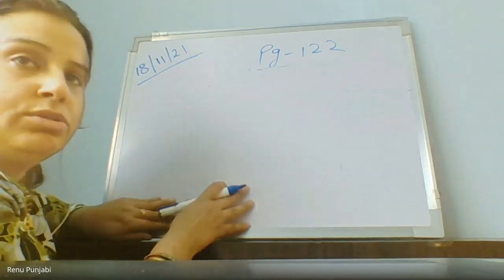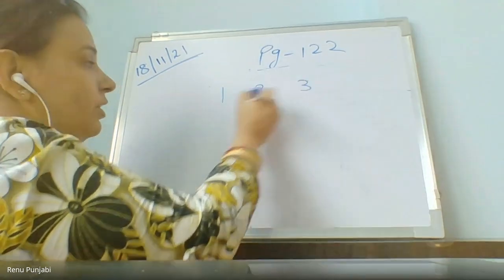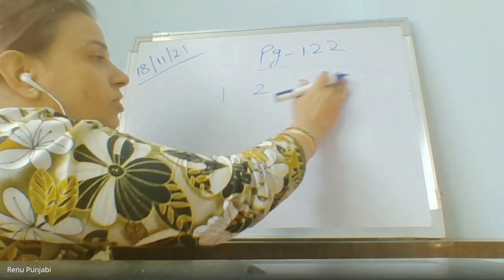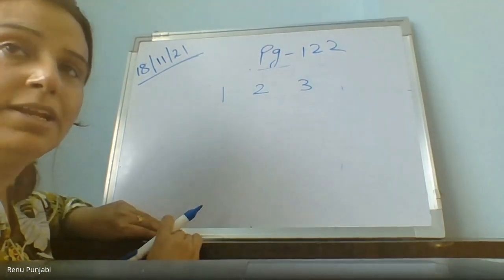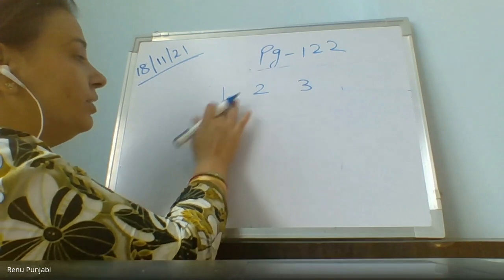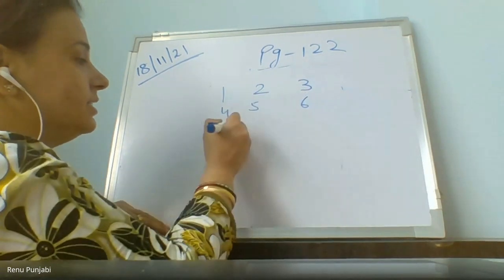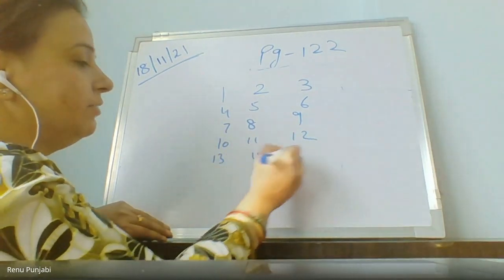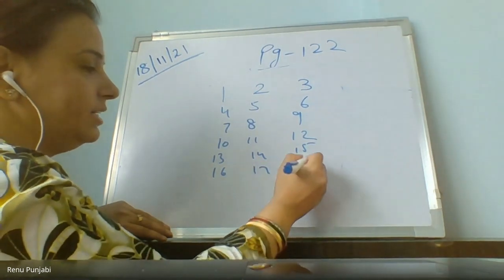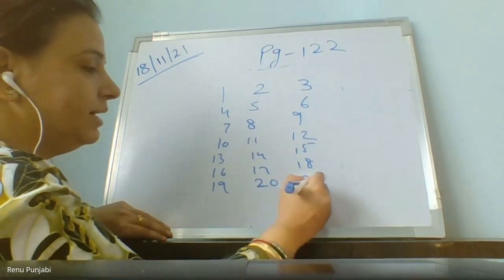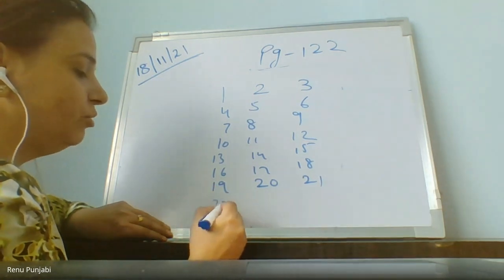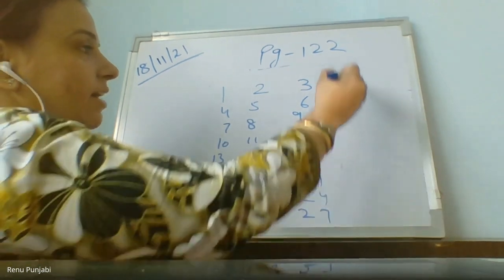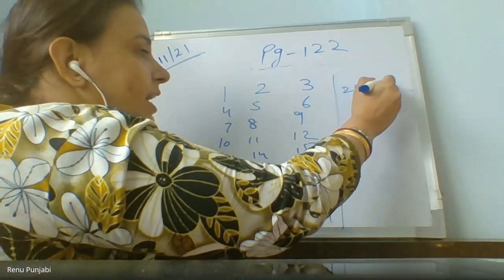I am giving you one trick. Write the numbers from 1 to 30. 1, 2, 3, in this way only, the pattern which I am showing you. Not like 4 and then continuing on the same line, no. Write as I am writing: 4, 5, 6, 7, 8, 9, 10, 11, 12, 13, 14, 15, 16, 17, 18, 19, 20, 21, 22, 23, 24, 25, 26, 27. I will continue here. 28, 29, 30.